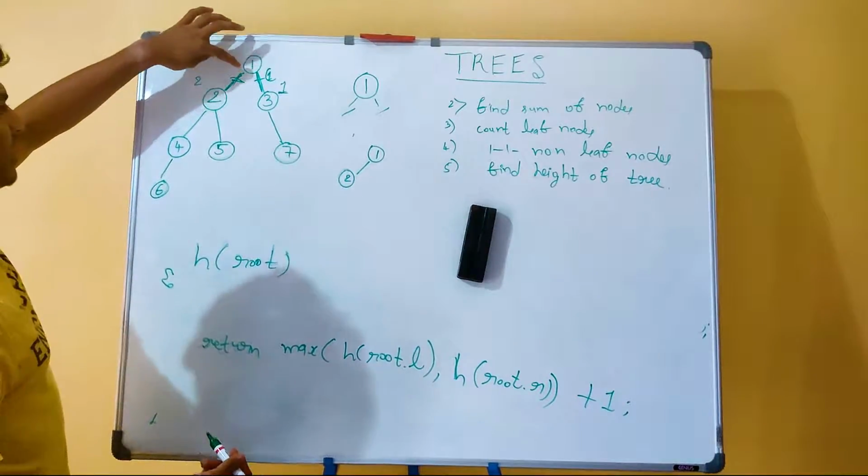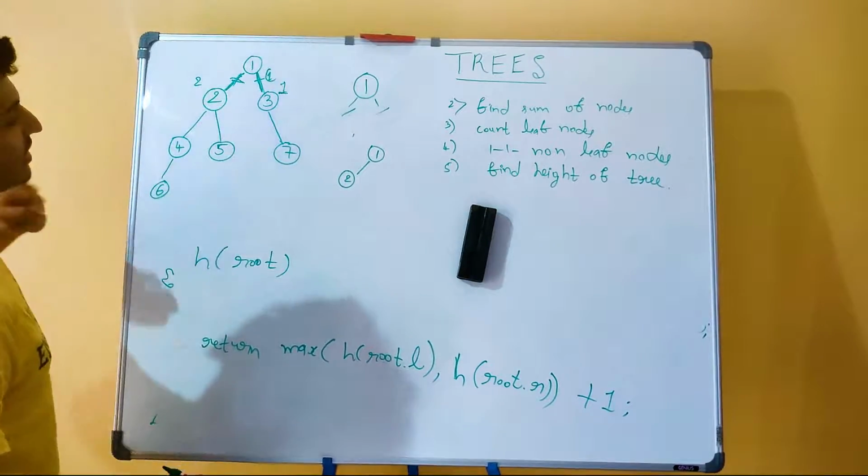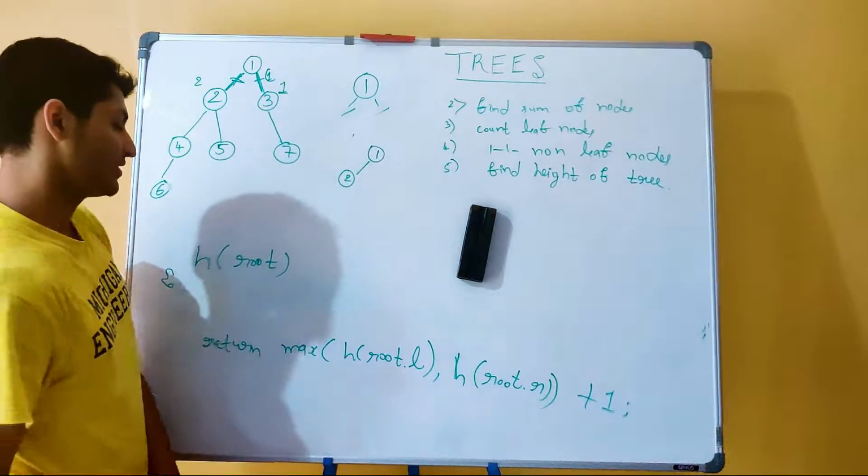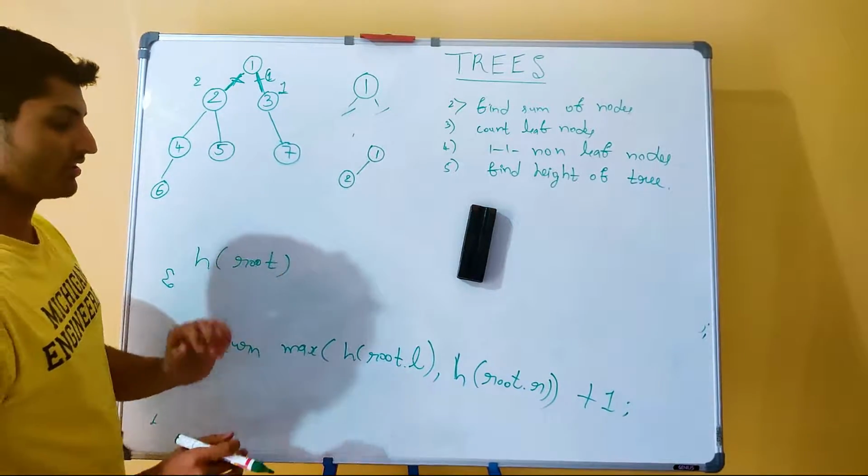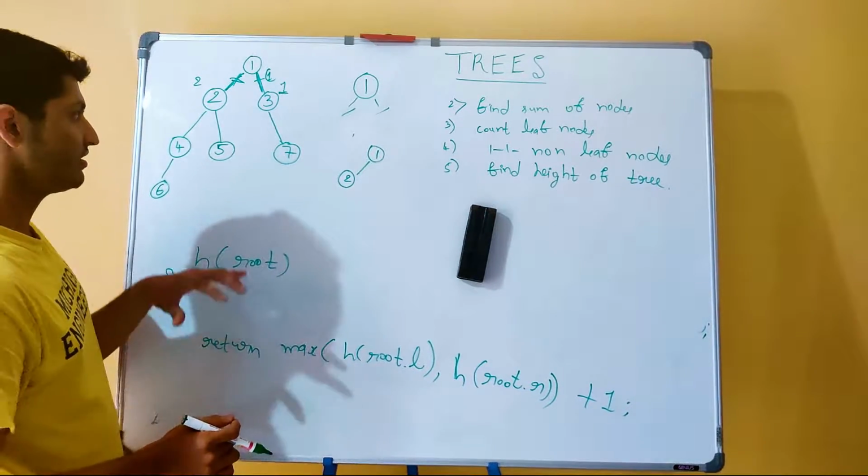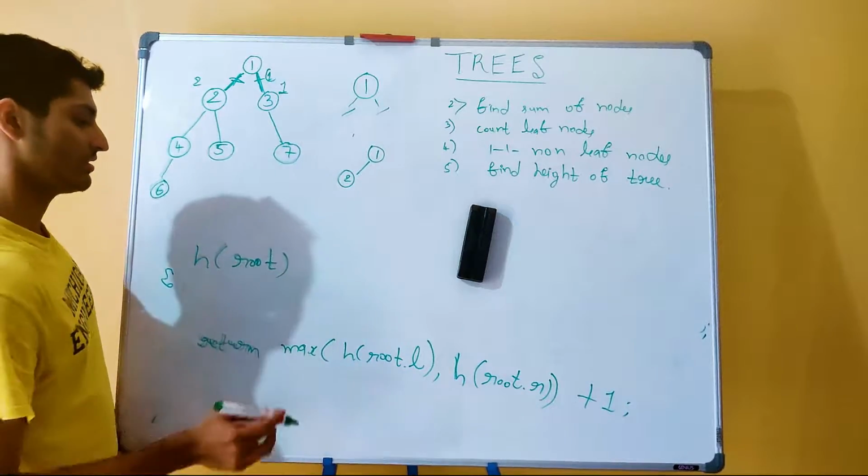Okay, plus 1 because considering this, whatever is maximum we just return plus 1, and here also we write the base case. If my root is null, then I just return minus 1 because